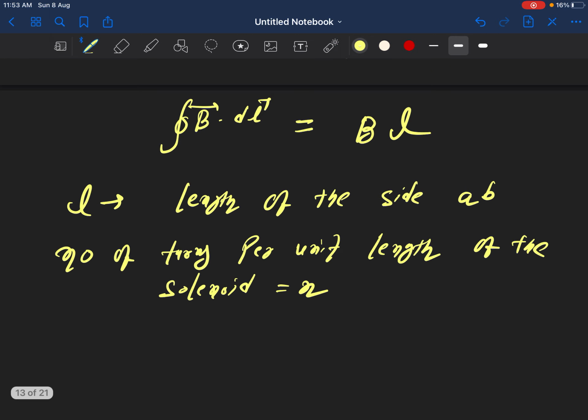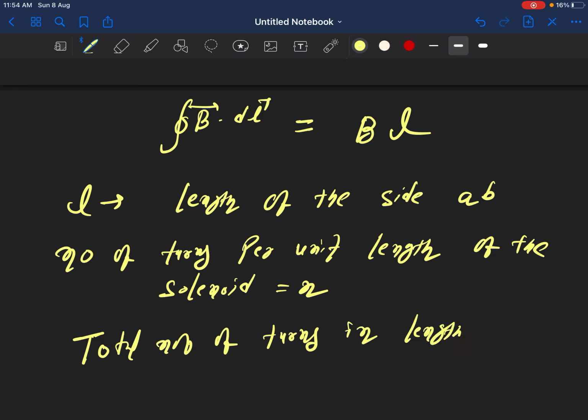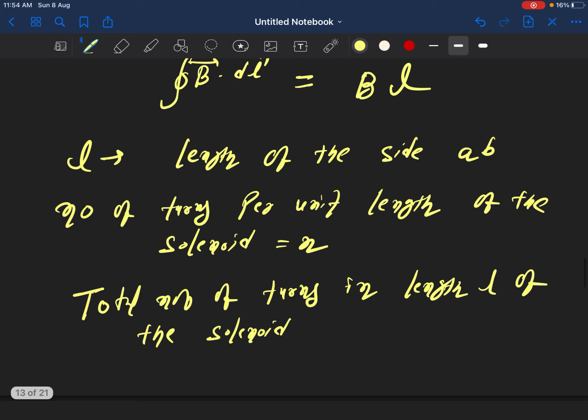Total number of turns in length L of the solenoid is always equal to small n into L. Okay,